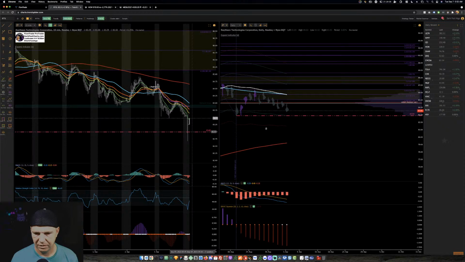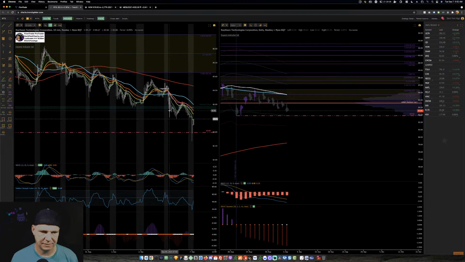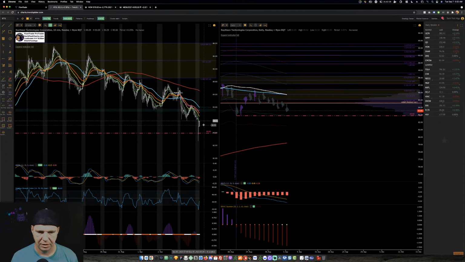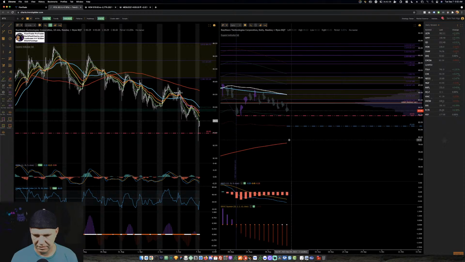So if 83 holds as support, okay. Well, RTX. So if we rally to the 21, we can continue to sell off. A break below 83, I think we come back down and test 3 ATR at 81.65, and then the 200 SMA. We're negatively stacked moving averages, right? We could potentially test drive that level, and then the 200 here. Contrarian, if we can get